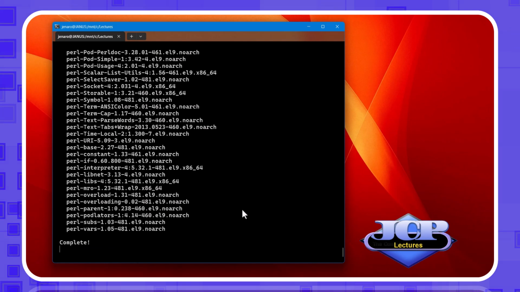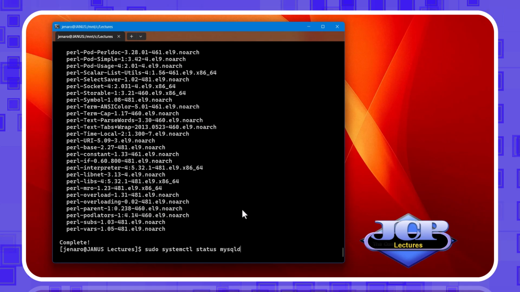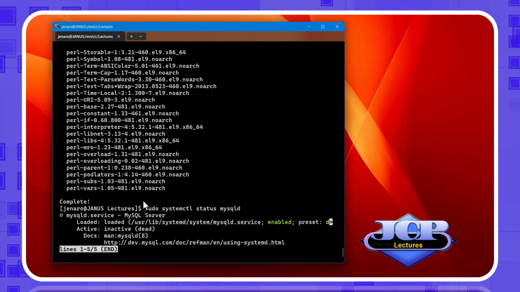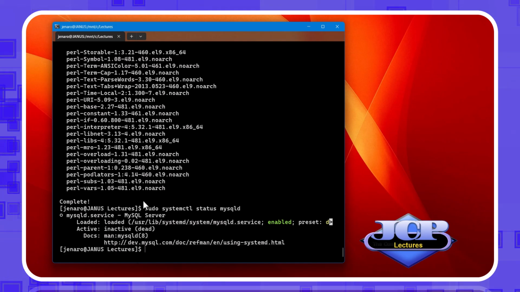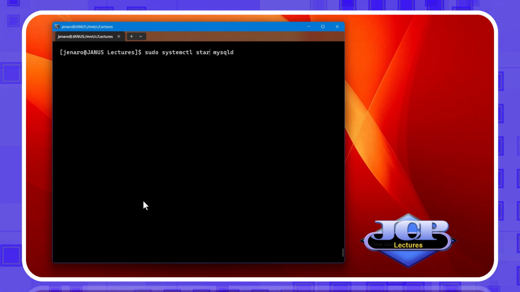We can check the MySQL status again with sudo systemctl status mysqld. Now it is loaded, it exists at a given directory, and it is inactive. So, we need to start it with sudo systemctl start mysqld.